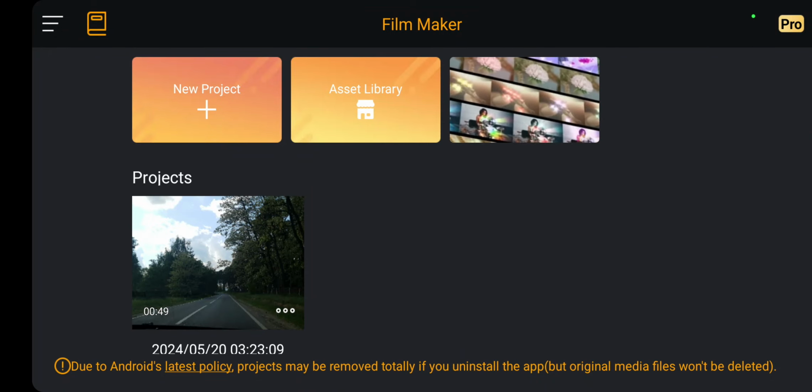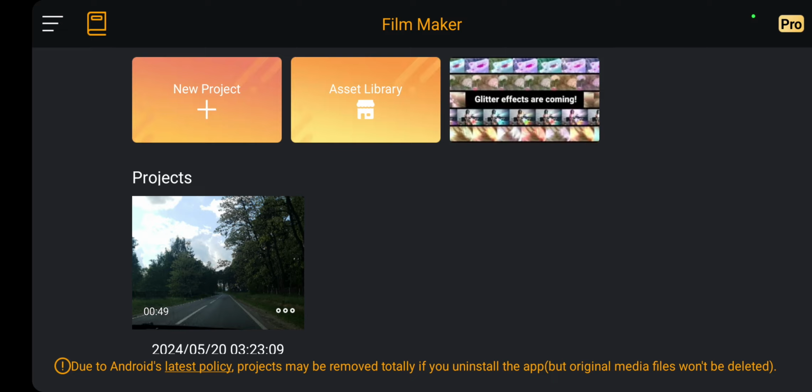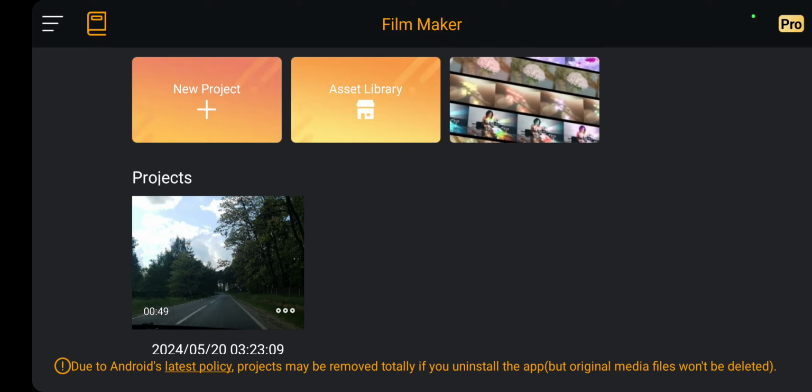Hello guys! In this video I'm going to show you how to add filter to your project on the Filmmaker